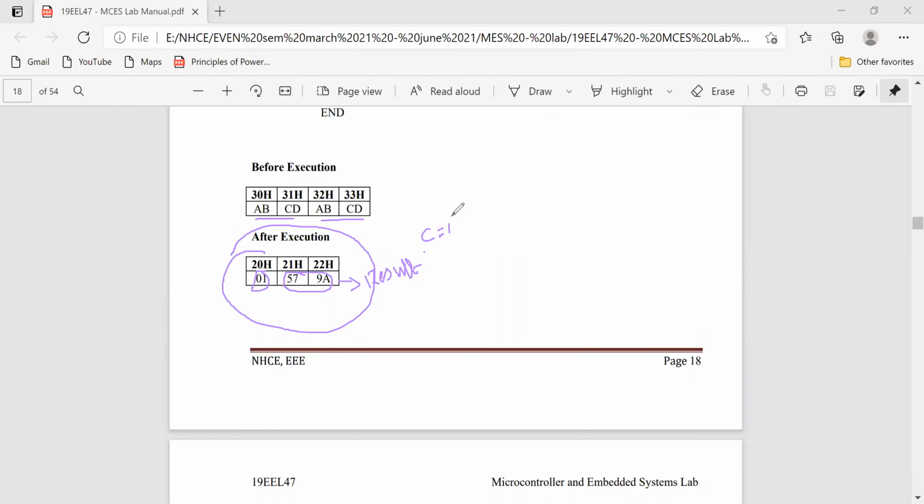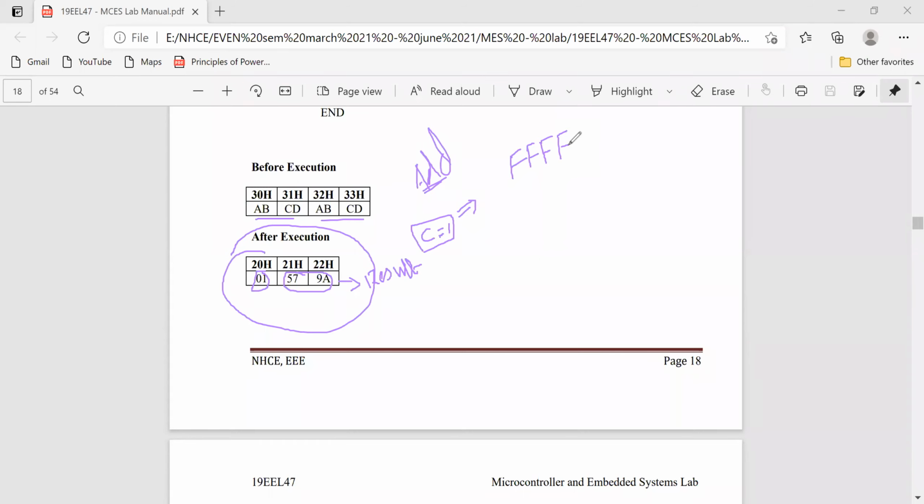If there is a carry, I'll tell you, for addition alone, it indicates that your result is greater than FF. That is, if you're doing the operation in 16-bit, then the data is greater than FF.